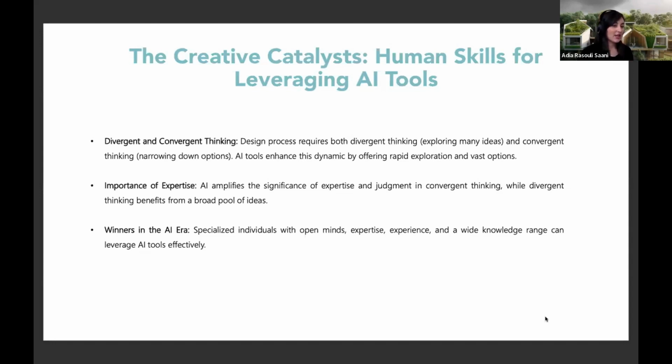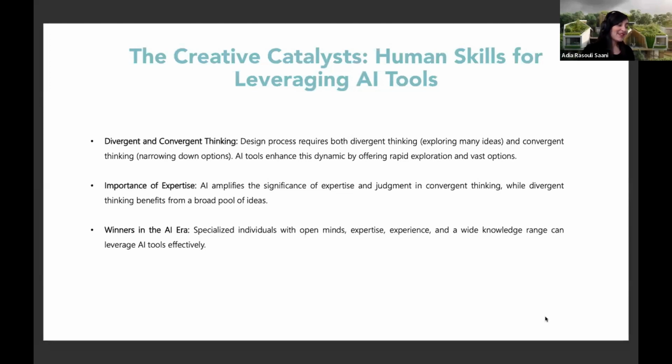and original concepts. Convergent skills, on the other hand, are focused on analytical thinking and decision making. They involve evaluating and synthesizing information from various sources to arrive at a single, well-reasoned conclusion or solution. Convergent thinking emphasizes logical reasoning, critical analysis, and selecting the most appropriate course of action based on available data. It aims to narrow down options to find the best fit solution among a set of alternatives.